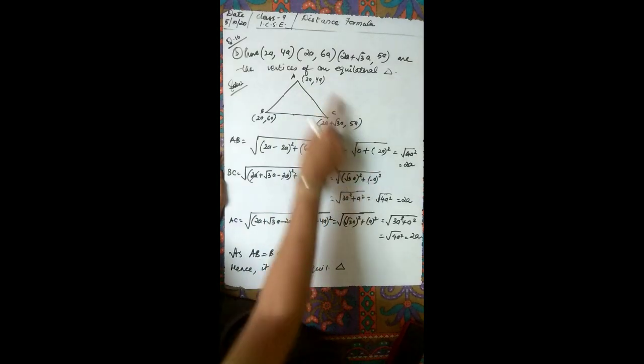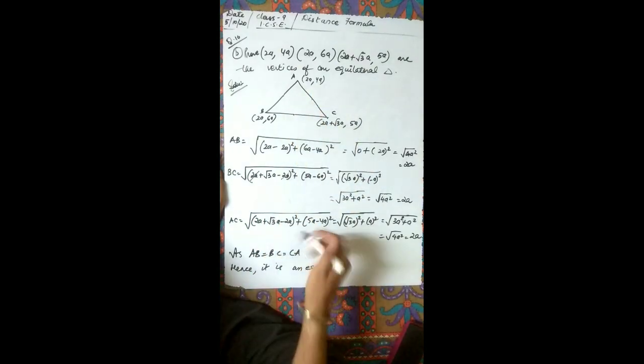What will be AC? x2 minus x1 the whole square plus y2 minus y1 the whole square, like that. Here again 2a to 2a cancel, root of 3a the whole square, we get 3a square, and 5a minus 4a, a square. This will give you 4a square, and we get 2a. So as AB, BC and AC we are getting 2a, all the three sides are equal, hence it is